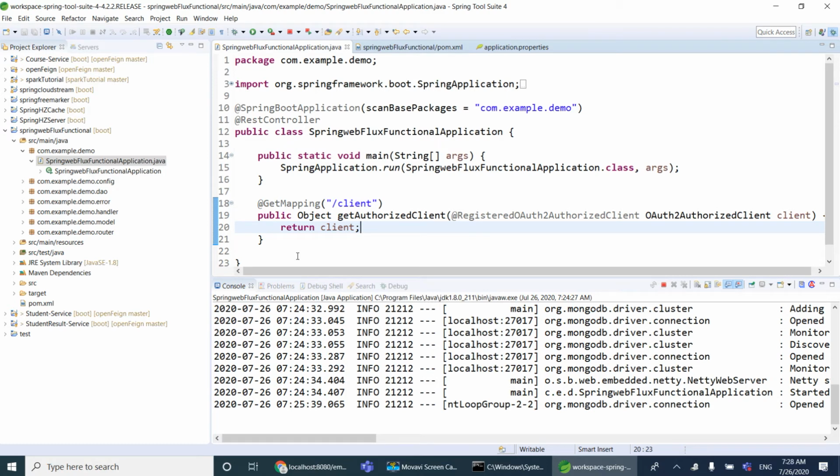In my previous example in Spring Security, we used the User object. Here we can use OAuth2User. This OAuth2User will get the user details from the OAuth2 provider. Each provider will give different types of attributes, like first name, last name, middle name, email address. These details may vary based on your OAuth2 providers. So I'm going to add one more endpoint.